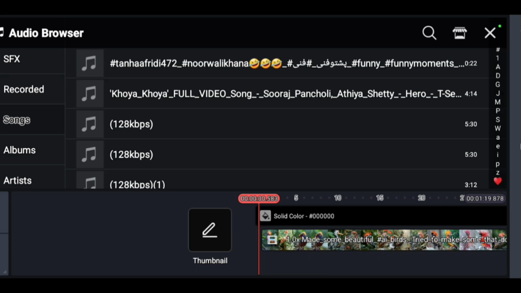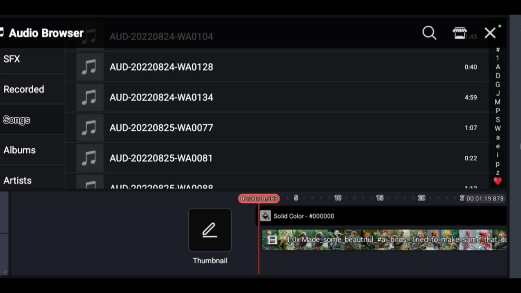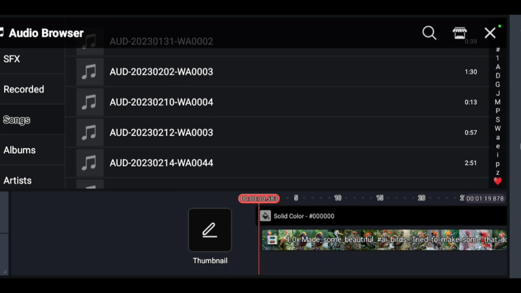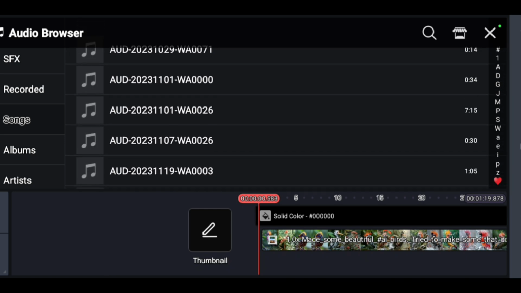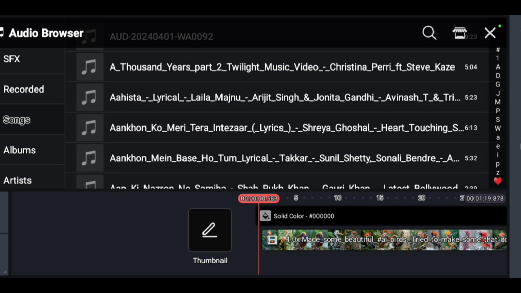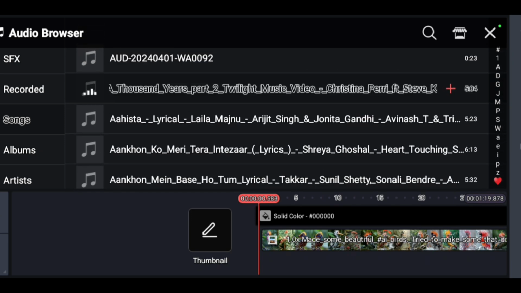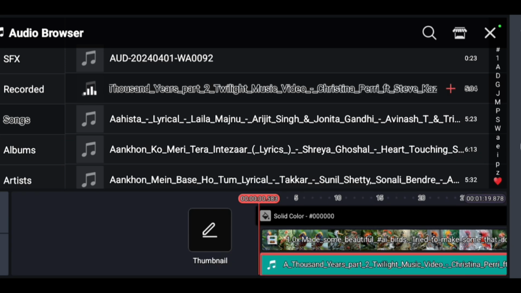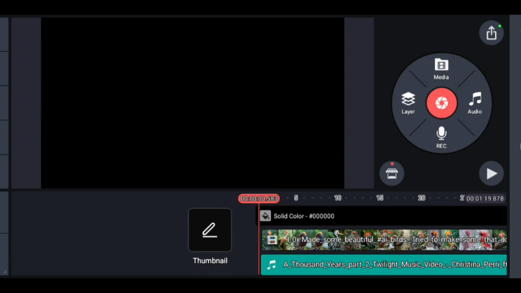I will go to songs, and from here we'll select some songs. For example, I have a lot of songs. So for example, this one, 1,000 Years, and I just click on this plus button. Now you can see this sound has